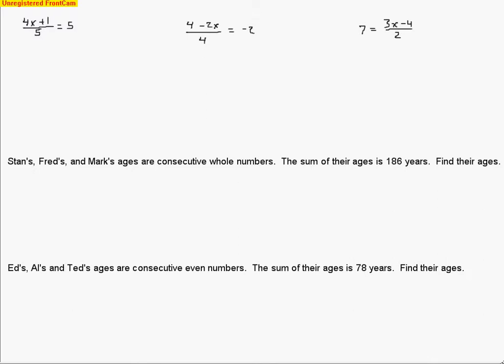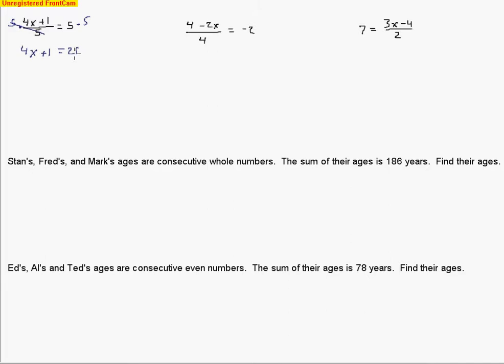Today we are going to see some equations with fraction bars, and we're going to learn how to eliminate those fraction bars. So let's take a look at our first problem here, and it says that we have to divide the sum of 4x plus 1 by 5. And in order to do this problem, to isolate the variable x, I'm going to multiply by the denominator of 5. And what that'll do is it'll cancel out these 5s, leaving me just with this 4x plus 1